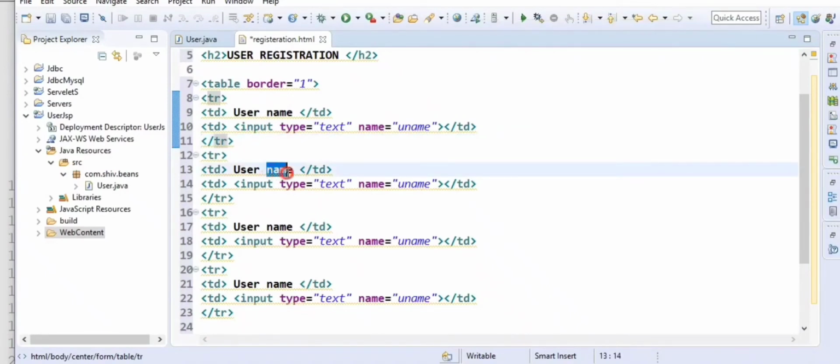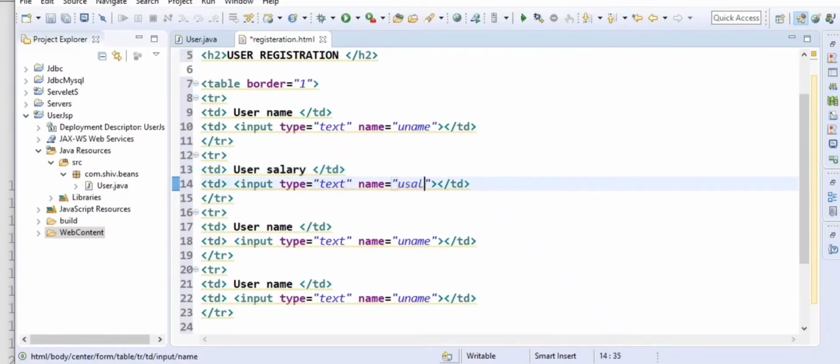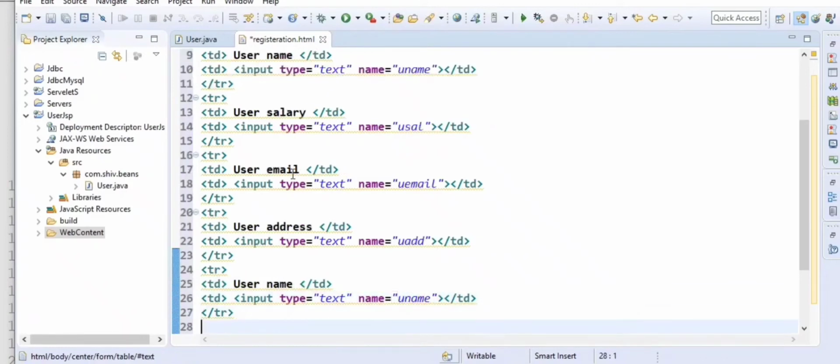Now we have to take user salary input, and I will name it usal, and user email, uemail, and user address as uadd.